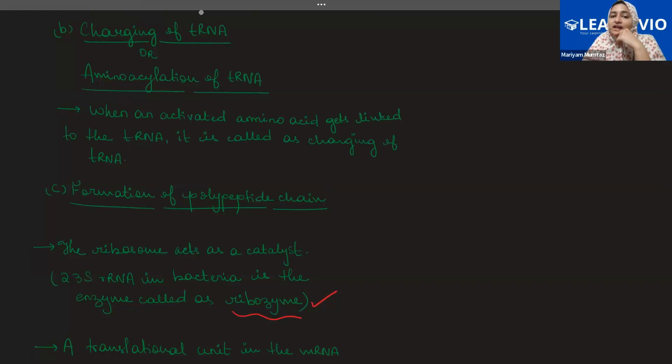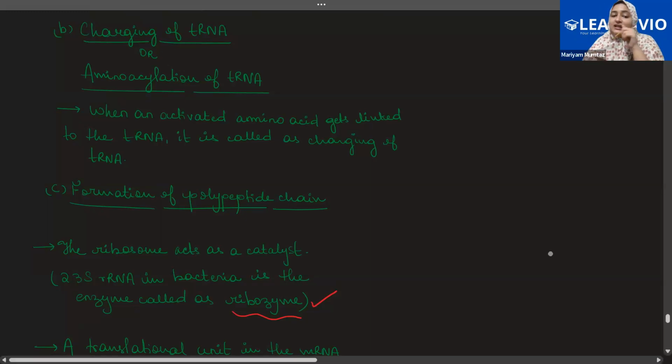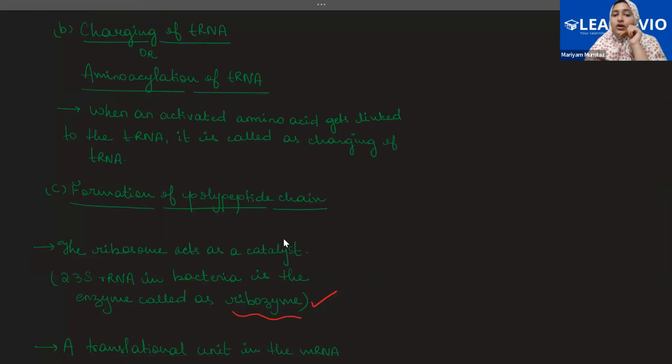when an activated amino acid gets linked to the tRNA. Now, the amino acid that has been activated will get linked to the tRNA. And since the amino acid is getting linked to the tRNA, that is what we call the charging of the